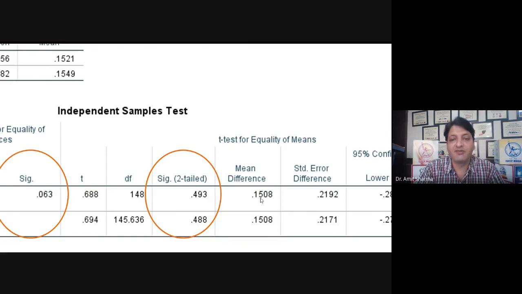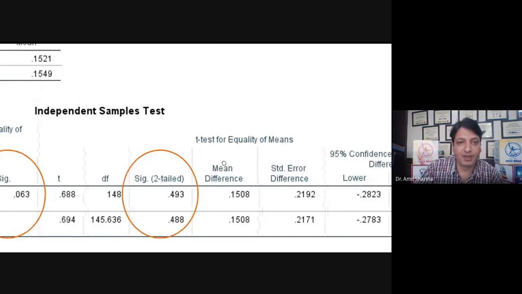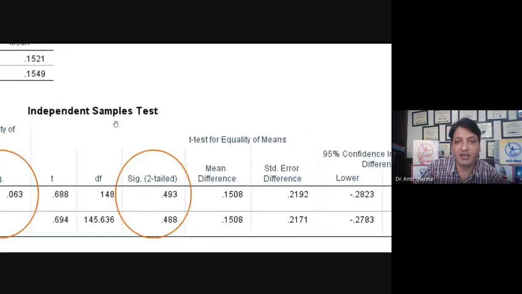For example, if there is a difference of 10, 15 or 20, we will get a value less than 0.05. I have taken this example to elaborate the independent sample t-test.